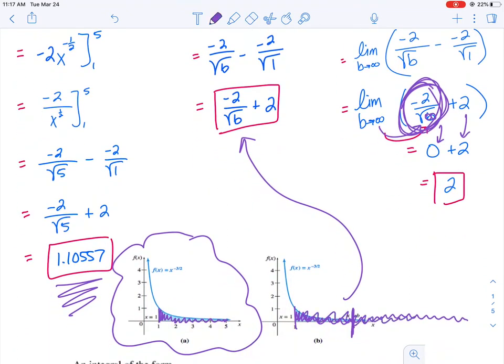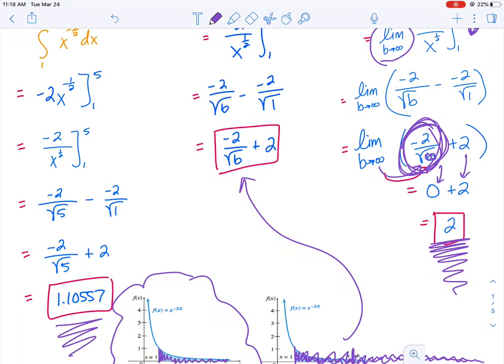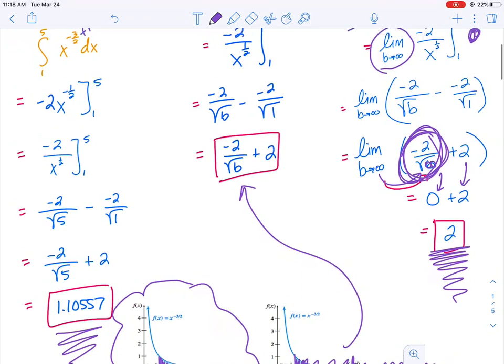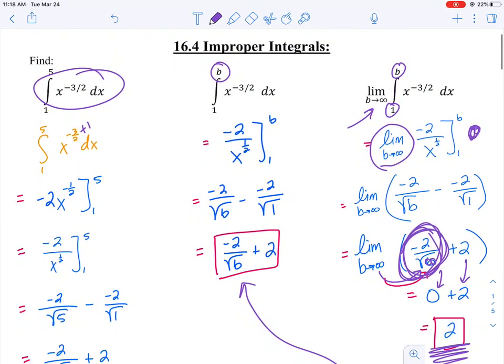Really, I could say that if I were to extend that area underneath this curve and keep going and going, the amount that I end up adding to it is so insignificant that eventually the total area just turns into 2 square units. Pretty cool, huh? You would think that it would just keep adding and adding and get bigger and bigger. Now, sometimes that does happen, but sometimes the area that we end up adding is so small that it doesn't really add any more to our total area, and we end up getting an actual value, like